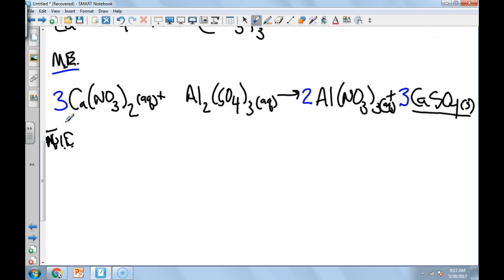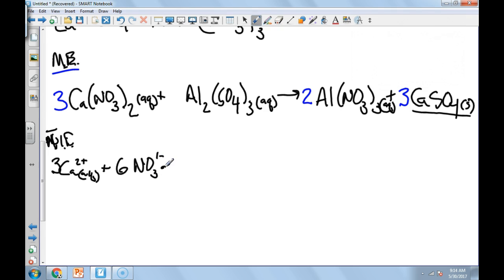And because we're asked to balance the equation beforehand, we also are going to take into account the quantities. Okay, so here we have 3 calciums. So we're going to put 3 calciums, and then we're going to put 2 plus, and then the state, aqueous, plus, in here we have 2 nitrates, and for every calcium nitrate there's 2, and we have 3 calcium nitrates, so there's a total of 6